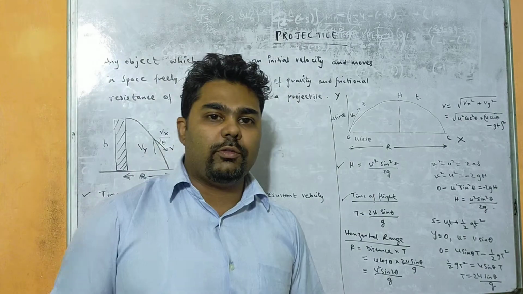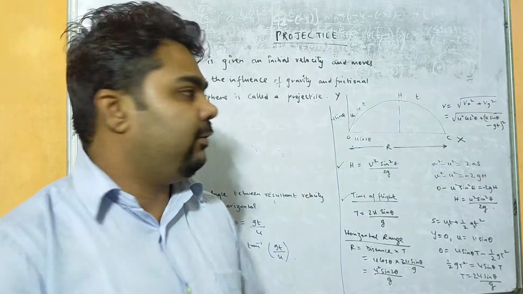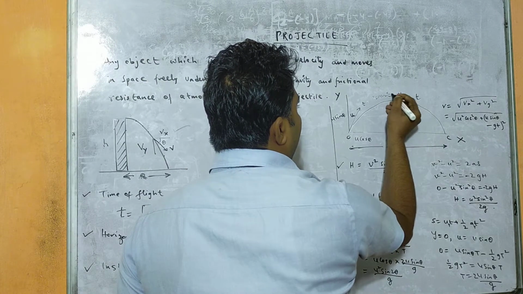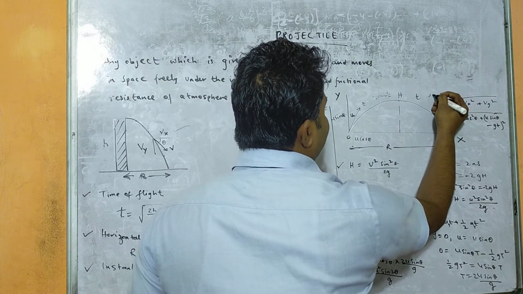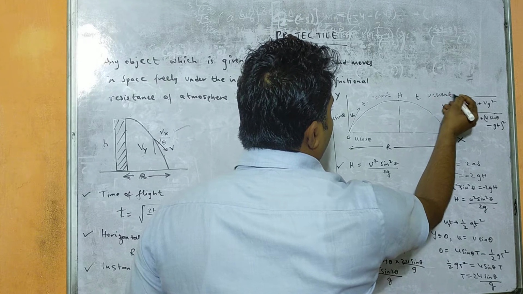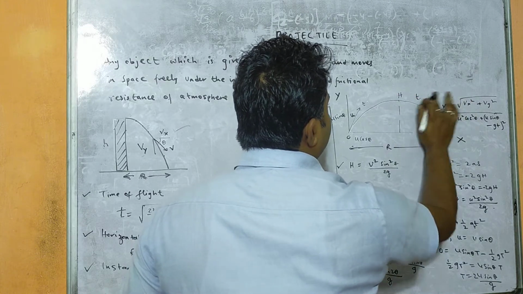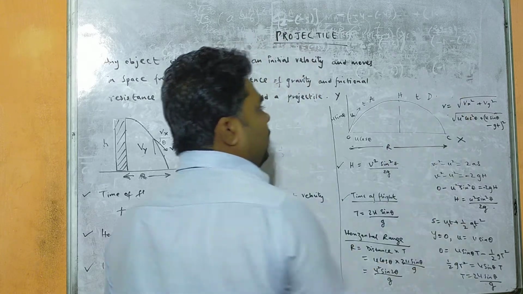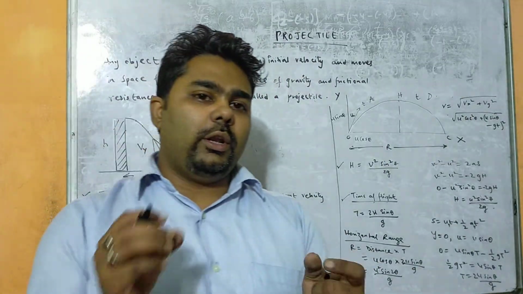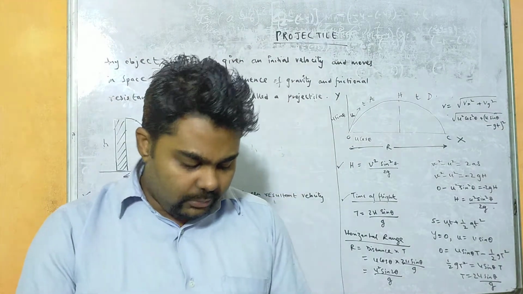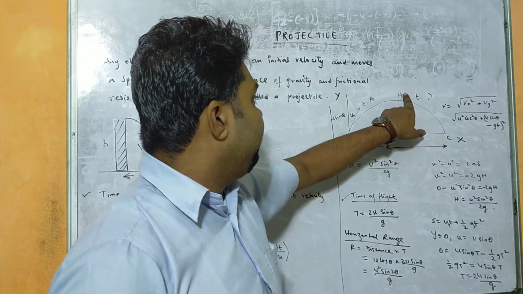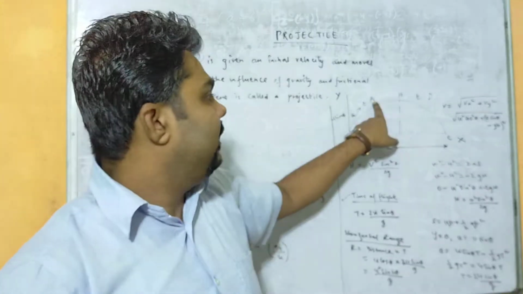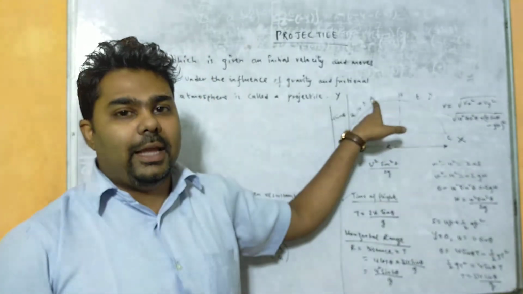Next we have time of flight. Now in a time of flight we have time of ascent and time of descent. Okay, so time of ascent and time of descent. You can say here A stands for ascent and D stands for descent, right? So when an object reaches the highest position, while going, it is the time of ascent. Okay, that is ascent.